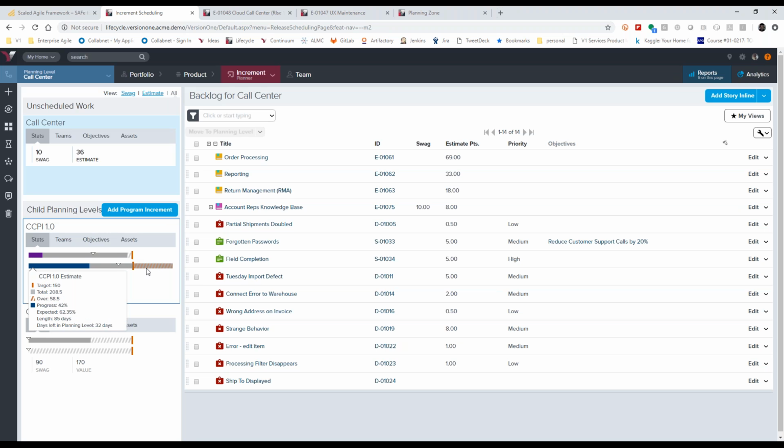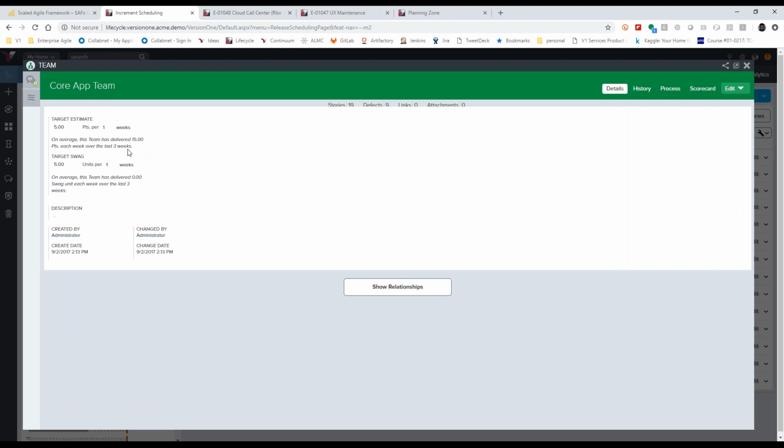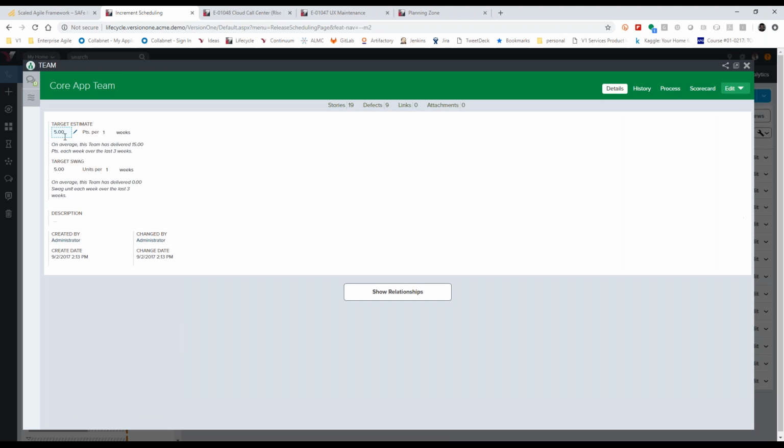When the teams engaged, we had 150 points targeted, but they've over-allocated by almost 60 points. So there's an over-allocation here in the next level of planning. This is the first level of understanding our over-allocation once the teams have engaged. The next level is to look at the teams themselves. Each team will commit to a particular velocity, in this case 5 points per week for the core app team,